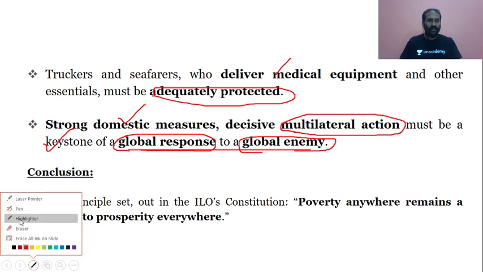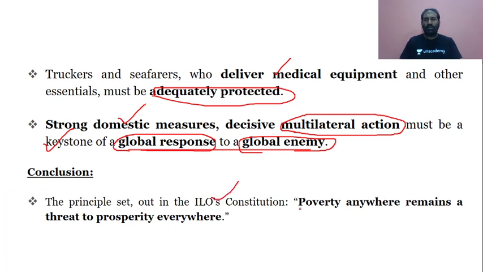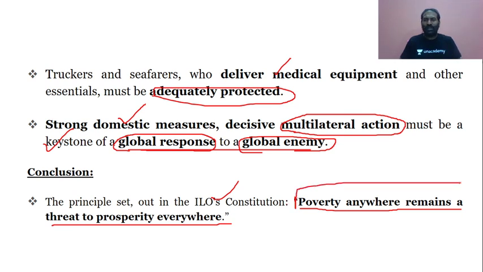And in the final, the principle said, that is the ILO's constitution, what it says is that poverty anywhere remains a threat to prosperity everywhere. Probably you never know, based on the health crisis and economic crisis which is prevailing across the world in all the countries, UPSC in mains could phrase a sentence, and you need to understand why they are framed and how you need to answer that. If there is a possibility of UPSC taking this statement itself, that is, poverty anywhere remains a threat to prosperity everywhere, explain or discuss,